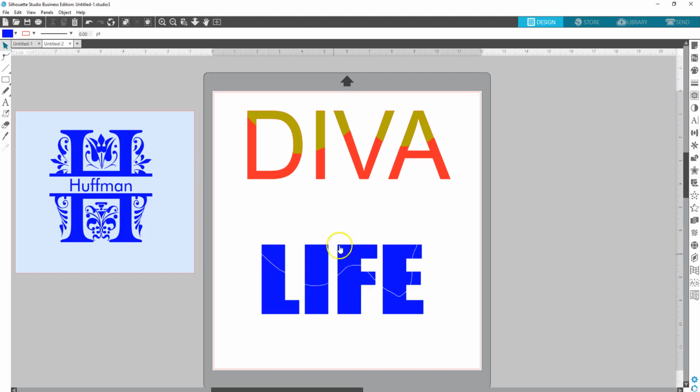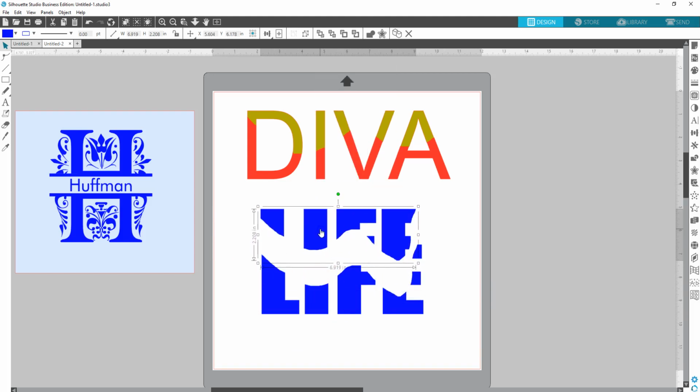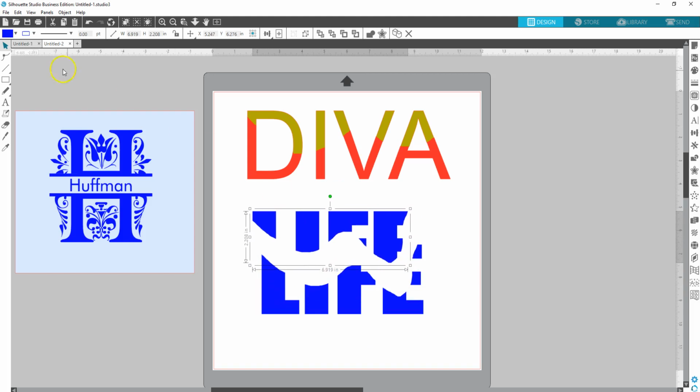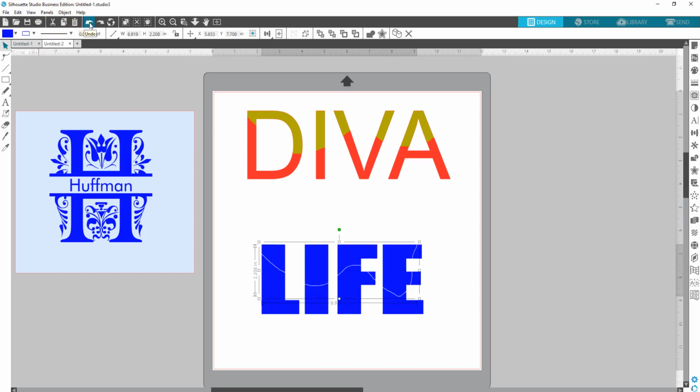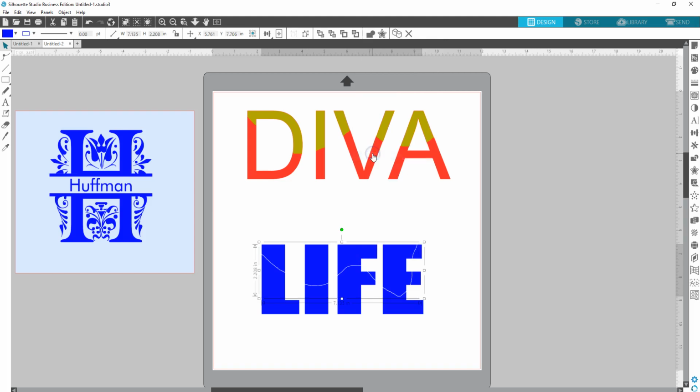And because I have all these loopy loops on here, I need to just click on the first one, hold the shift key down and select the pieces because it might be next to impossible to try and select all of it without getting the other parts of the letter in there. So I'm going to group it now, and I think I left a part off. Yes, I did. So shift key down, grab that other part there. So now I'll group it, and let's go over here and